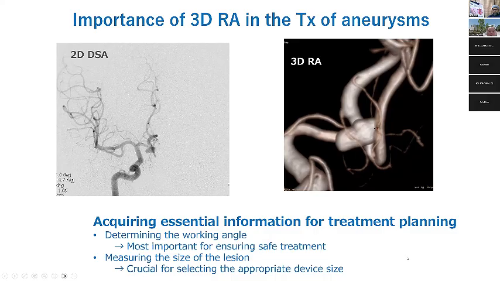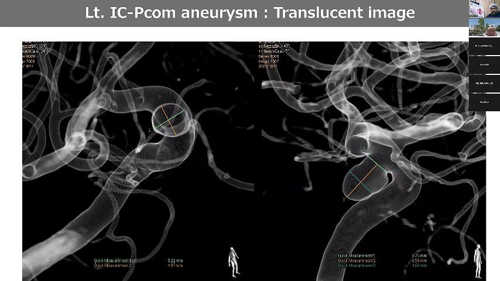Okay, the time is coming. In the treatment of aneurysm, the 3D image is very important. In this case, we take the 3D translucent image to evaluate the aneurysm, as we plan coil embolization. In this film, we can find that the angle of the proximal neck is very sharp, but the distal angle of the neck is very wide. So the distal side of the neck